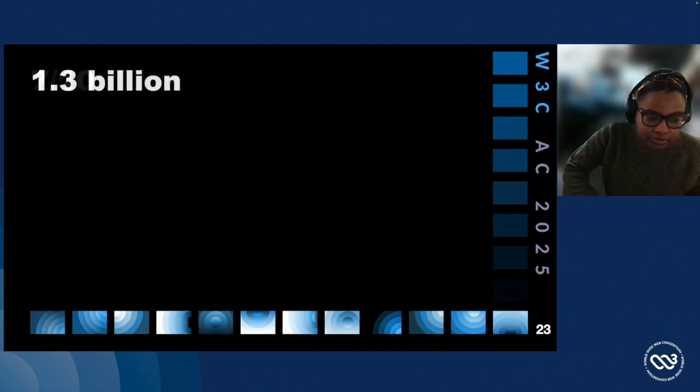Out of the top 10 countries that have the most internet users, 7 are in the global south, with most of these users using 3G and 2G connections. That means most of the internet users in the world are using 3G and 2G connections. An estimated 1.3 billion people experience a significant disability. That's 16% of the world's population, and that's just an estimate, it's likely more.